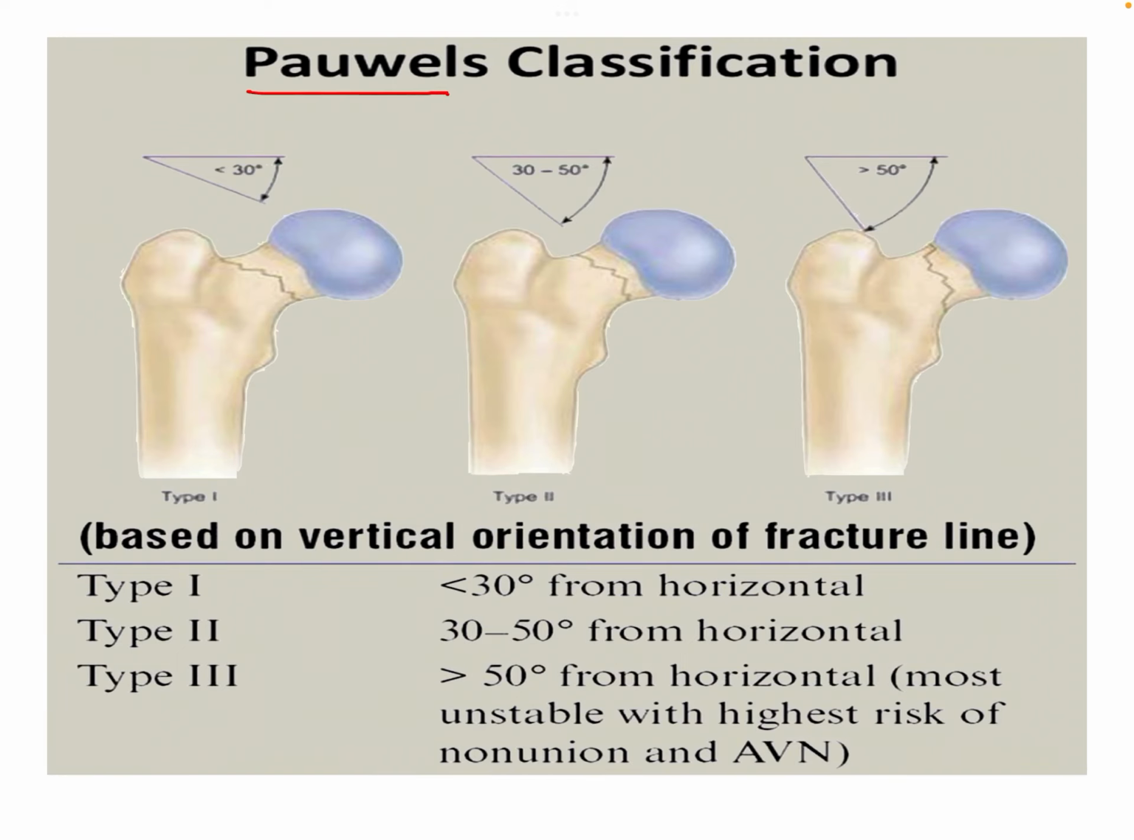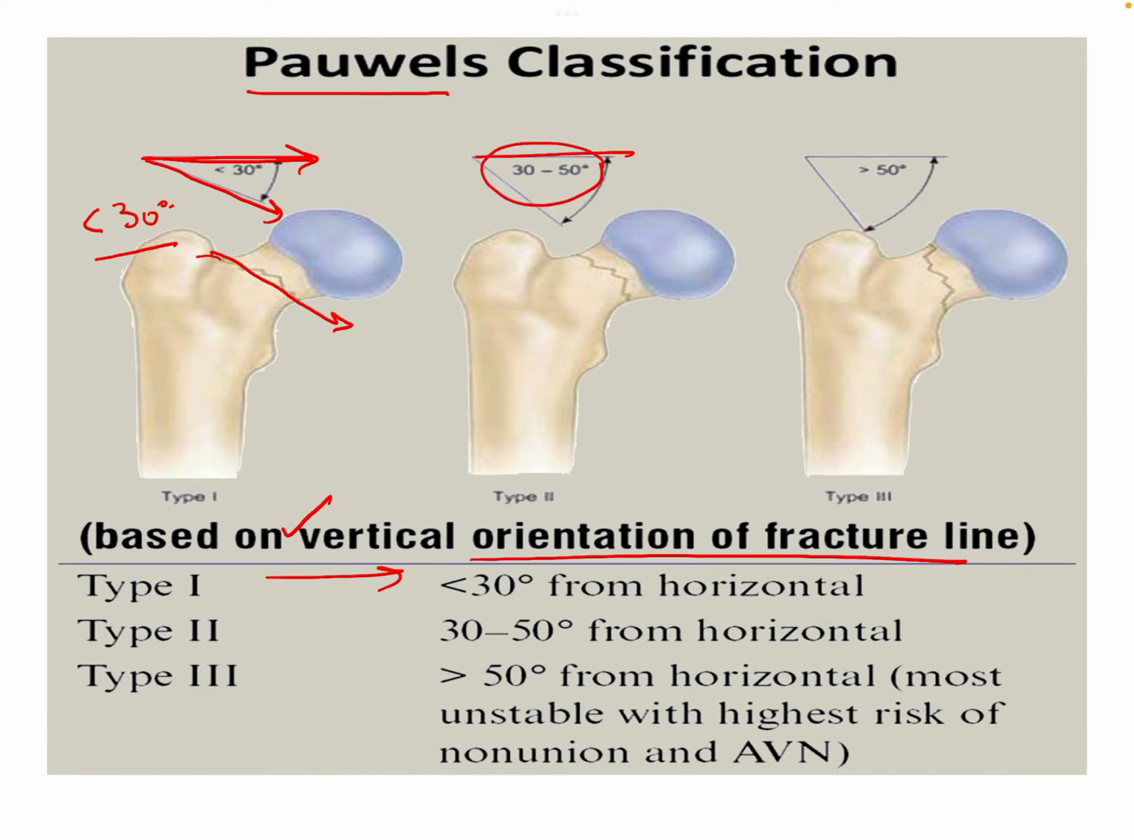So this is a very basic classification which is based on the vertical orientation of the fracture line, the angle the fracture subtends to the horizontal plane. So here the angle subtended is less than 30 degrees. So this is type 1 of the Powell's neck of femur fracture. In type 2 it is 30 to 50 degrees. So if the angle is 30 to 50 degrees from the horizontal, it is known as type 2 of the Powell's classification. And if the angle is more than 50 degrees, it is known as type 3 of the Powell's